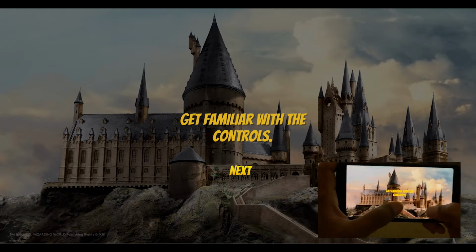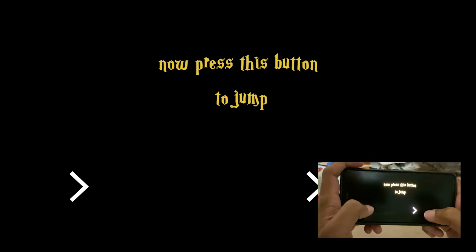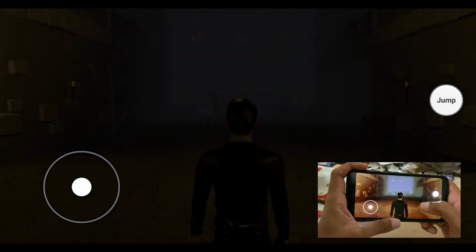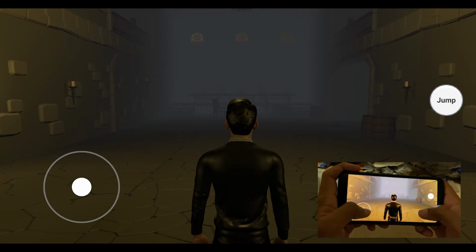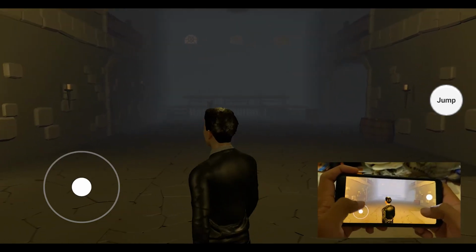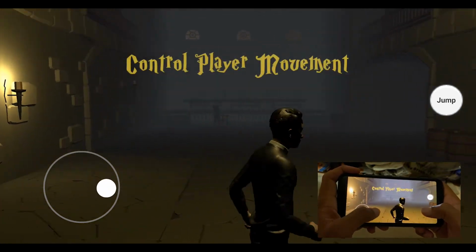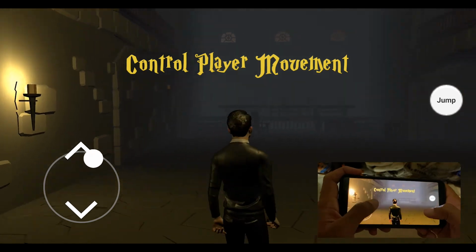The game consists of 4 levels with an additional tutorial at the start. This is what it looks like. It starts off with a camera movement tutorial and a player movement tutorial after that. The control on the left hand side of the player is for the player movement. He can move in all 4 directions using this. The controls on the right hand side is for adjusting the camera movement and can move in all 4 directions.